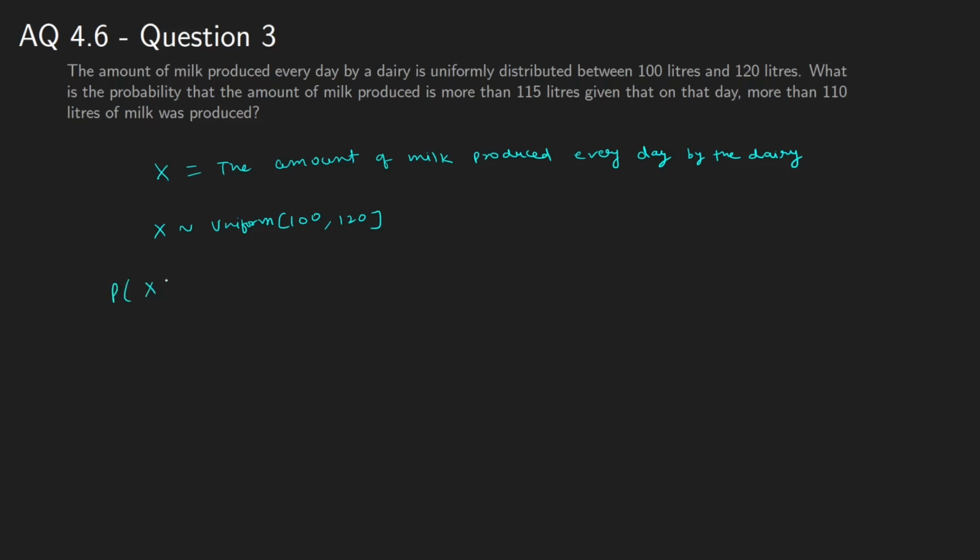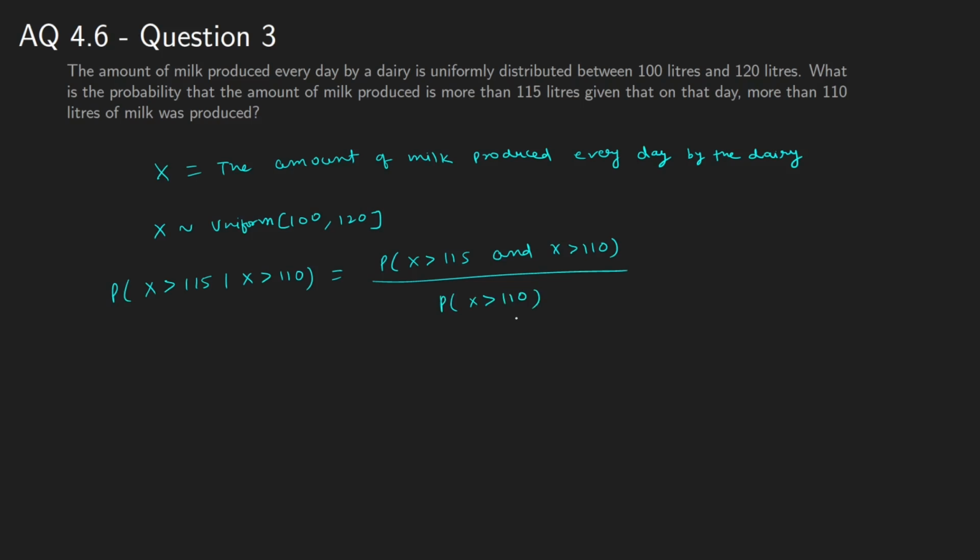So probability that x is greater than 115 liters, given that on that day more than 110 liters of milk was produced. So this is the conditional probability that we have to find out. As usual, we will write it as the joint divided by the marginal. So we can write probability that x is greater than 115 and x is greater than 110. And in the denominator, we will write the marginal probability of the event on which it is conditioned,